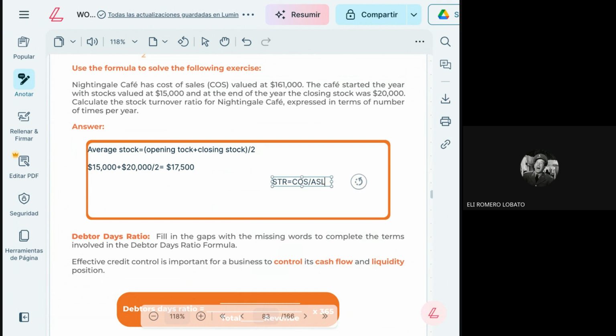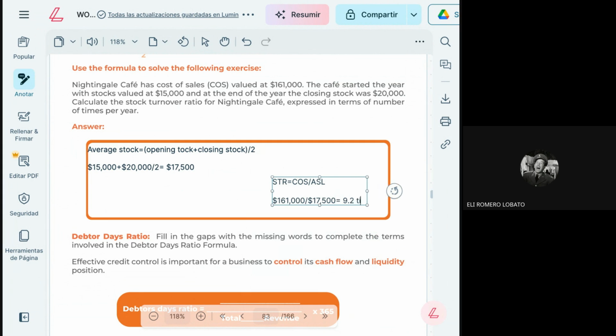In this case, we are going to substitute the formulas. $161,000 over the $17,500, and that's why we get